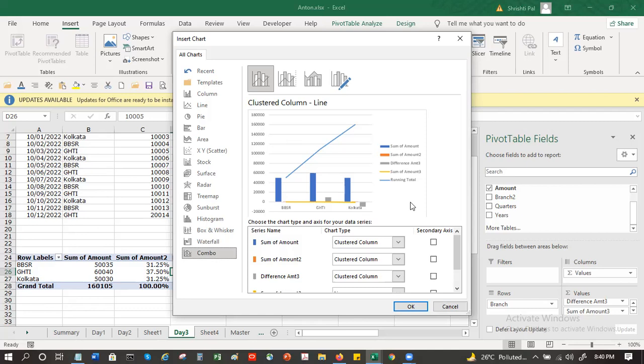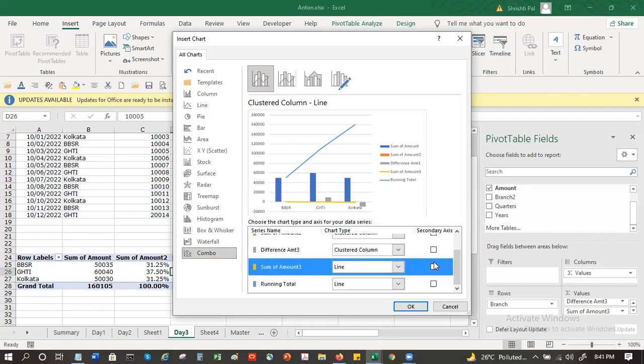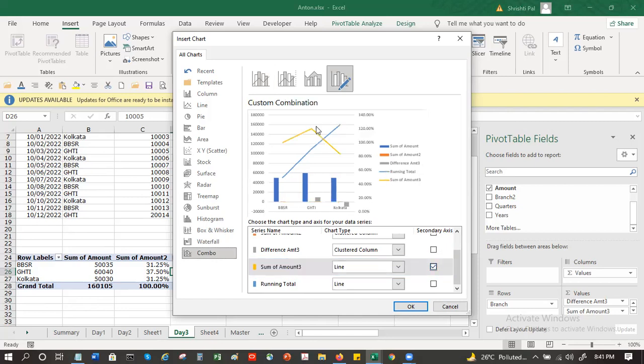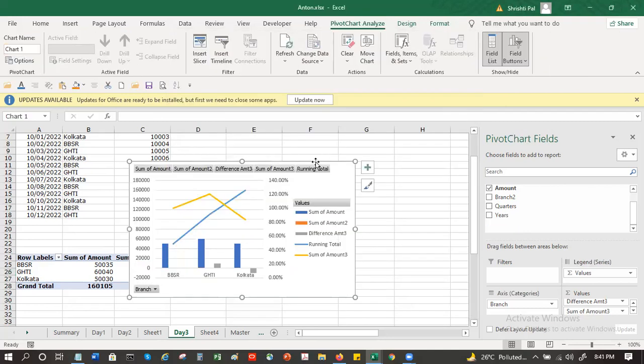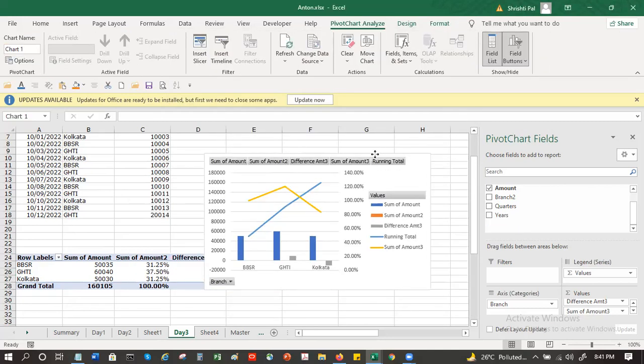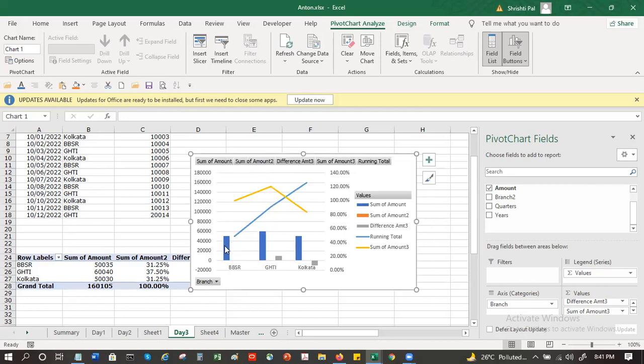What you should do in these cases is move them to another axis, which is called the secondary axis. Just click here and the system will move this automatically to the secondary axis. Now see, the graph becomes much easier. You can interpret it in two ways. One, look at the bars, it will give you the amount.